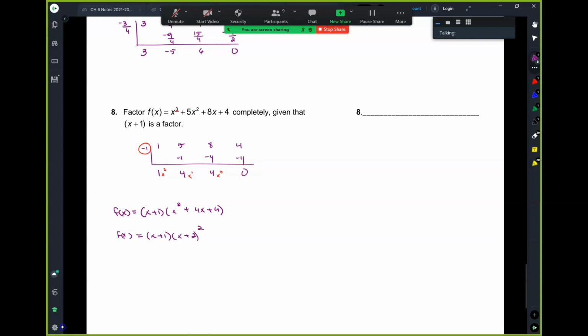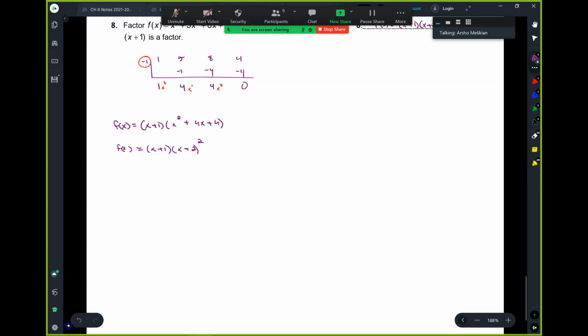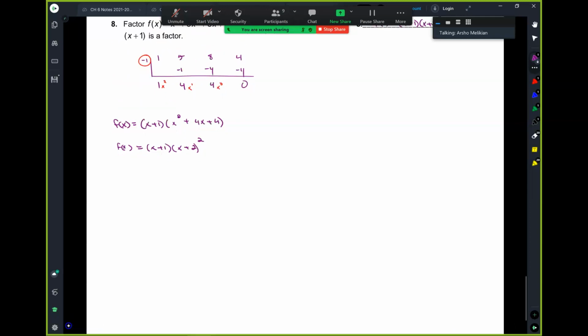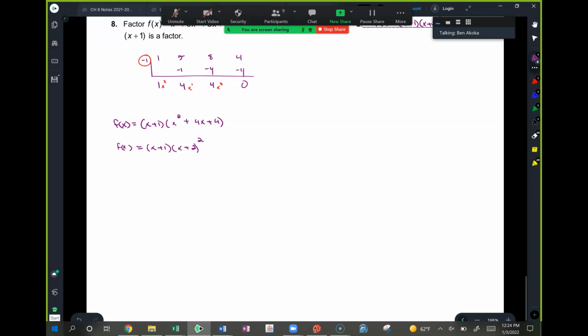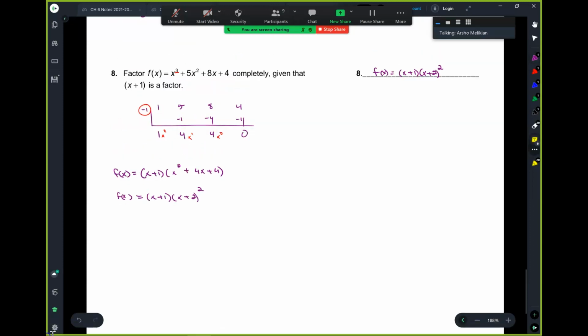So f of x is x plus 1, x plus 2 squared. Isn't that lovely? Yes, Ben. Is it necessary to factor the x squared plus 4x plus 4? Do you have to do that in this? Yes, because the directions say to factor completely. Okay? All right, so I'll stop the